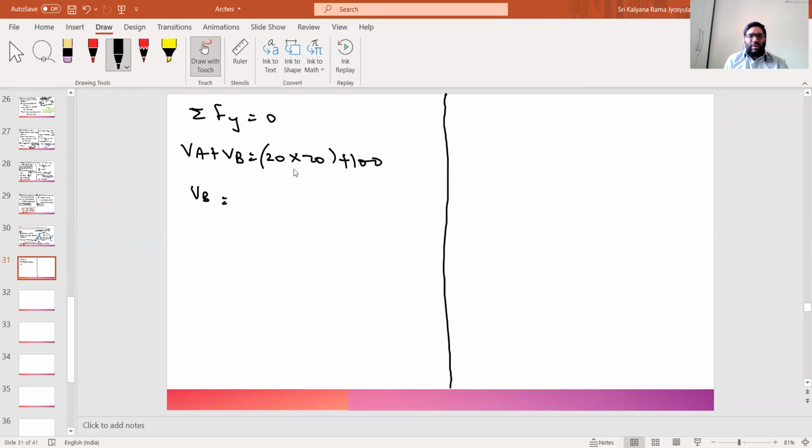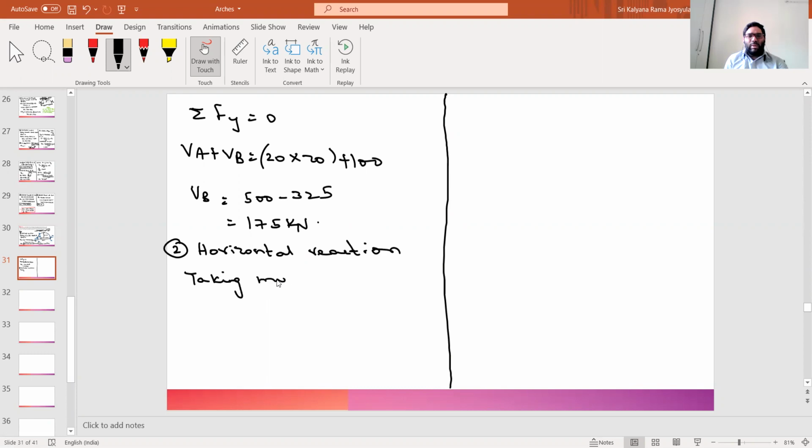So VB is equal to 400, 500 minus 325, that is equal to 175 kilonewton. Second step, horizontal reaction. Now to calculate this,